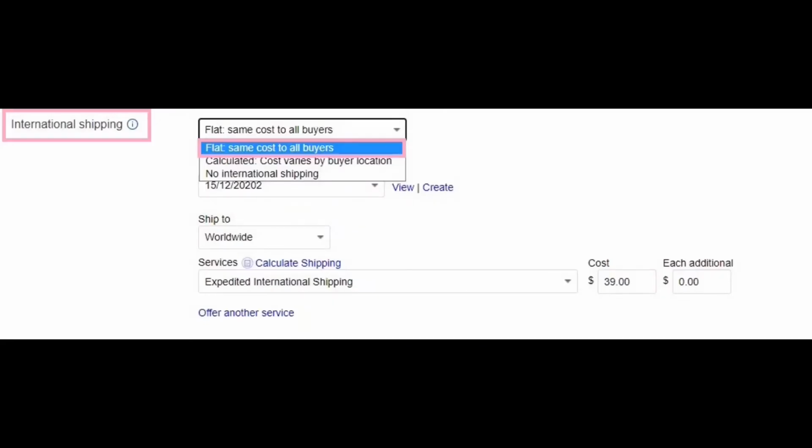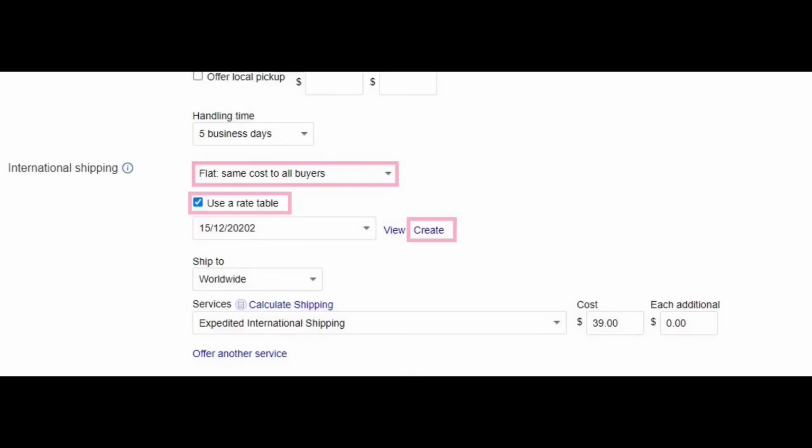The international shipping section helps you to set up options on eBay.com for shipping outside the US. In the drop-down menu, select flat, the same cost to all the buyers. Shipping rate tables. Once you set up your shipping tables, you can use them any time you list an item. You can also create multiple shipping tables. Click the Create button.